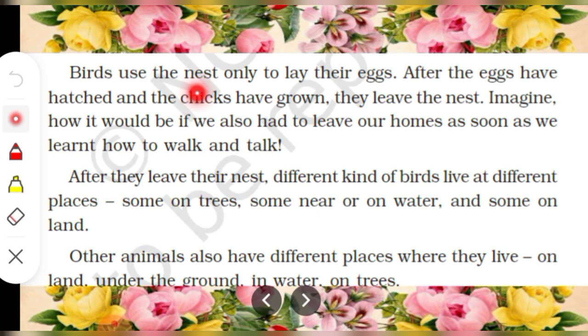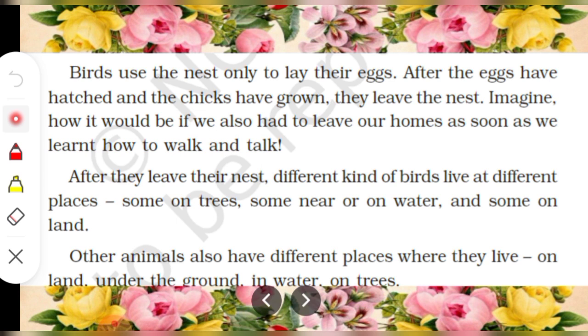Birds use the nest only to lay their eggs. After the eggs have hatched and the chicks have grown, they leave the nest. Imagine how it would be if you had to leave your house as soon as you learned how to walk and talk. So, this is another challenge for birds.